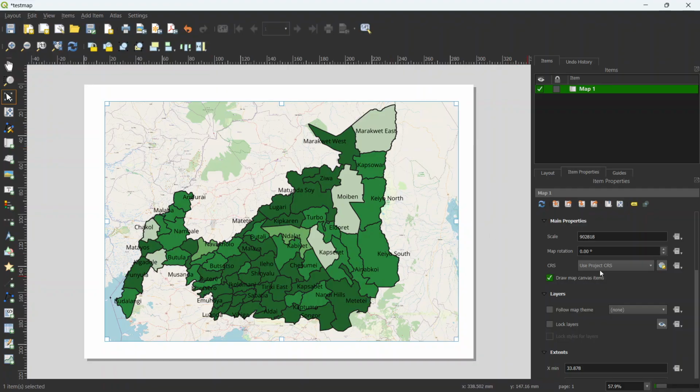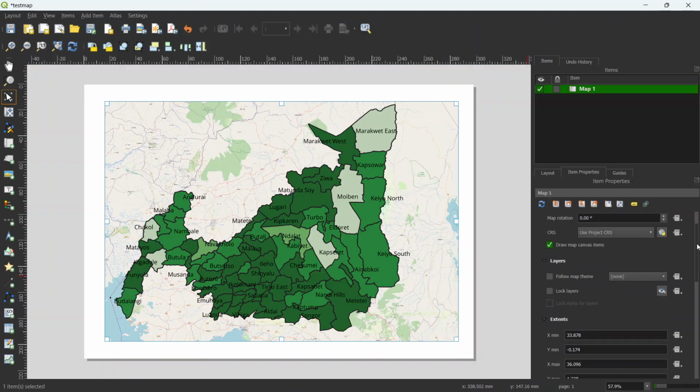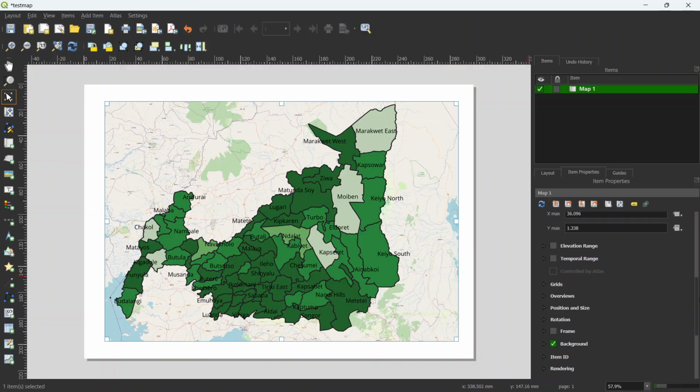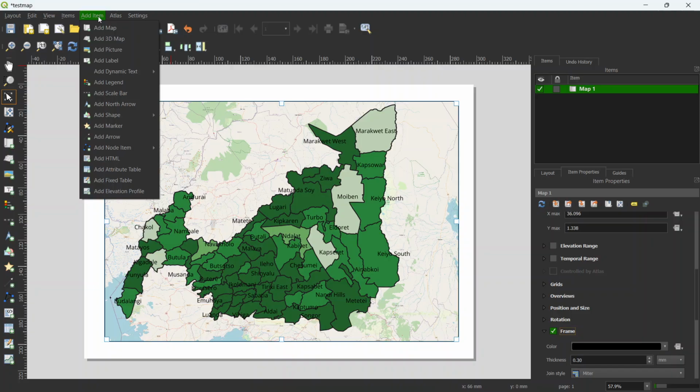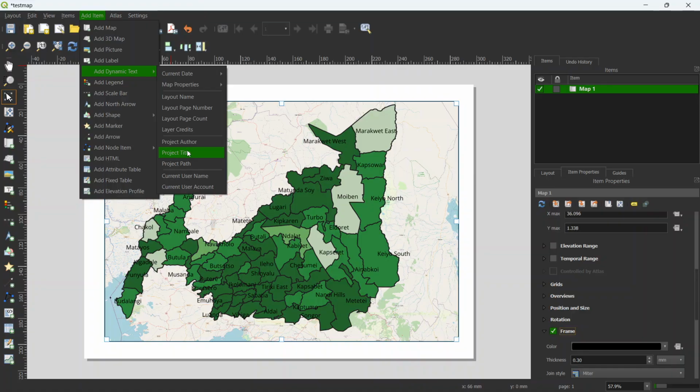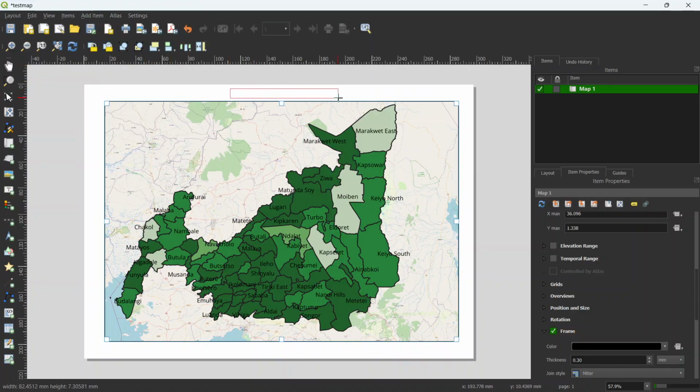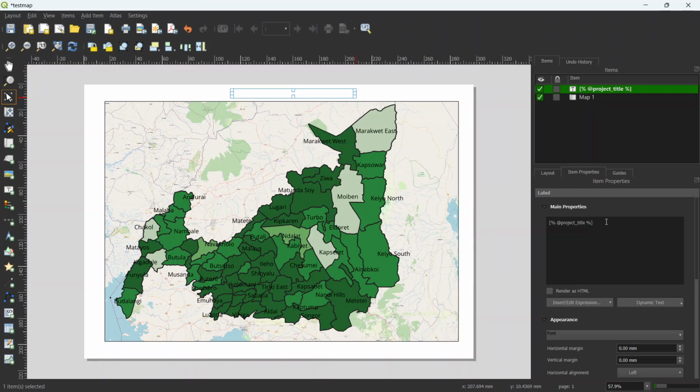Okay, so the next thing here is I would like us to start adding a few things. So first we need to add the frame. So you can see the frame has been added, and then we need now to start adding some of the elements of a map. So the first thing is we need to add the title here. So I'm going to add the project title, and this is what I'm going to say. I'm just going to say movement. I would like to make it uppercase, so I'll say